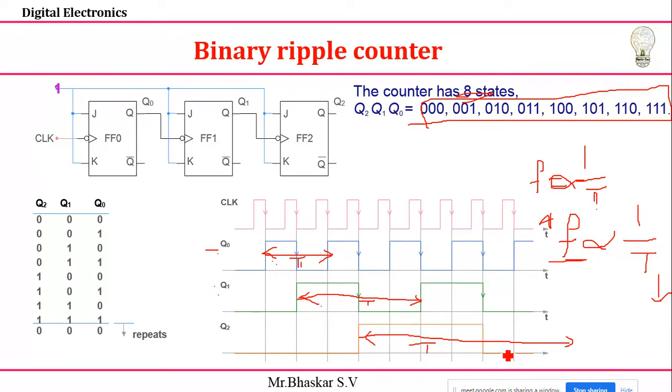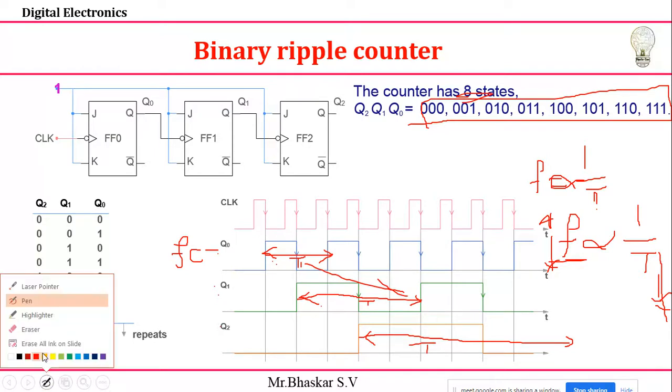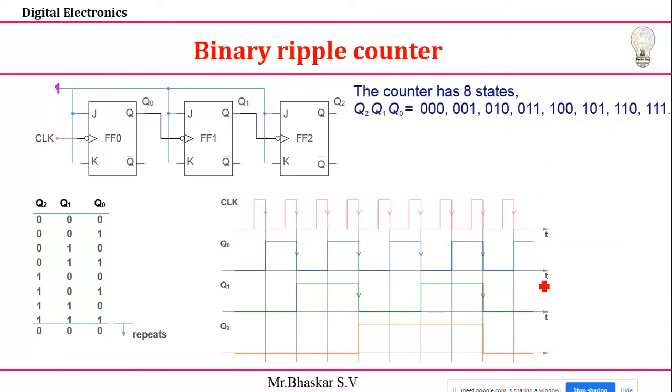You should know that when we come to my Q0, I'm going to take, for example, a normal clock frequency, FC. Once my time gradually increases, my frequency will usually be divided. So how is it divided? Keep this in your mind: as my time gradually increases, the frequency starts to divide. I already took my FC as the Q0 frequency. So when we come here, the frequency will usually be divided by 2.